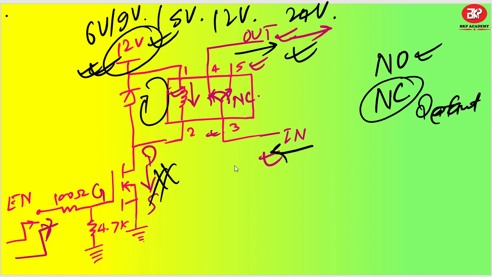Alright guys, if you do have any questions regarding this particular relay operation and how it gets energized, or what the parameter is for selecting this particular MOSFET, you can select a simple MOSFET for this path completion. Let's say 2N7002K. This is one of the best MOSFETs for your utilization. You can get it from Nexperia.